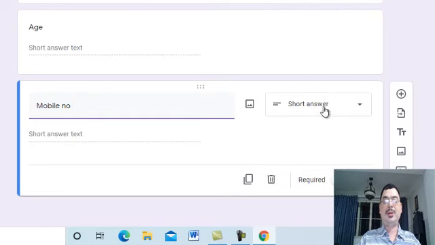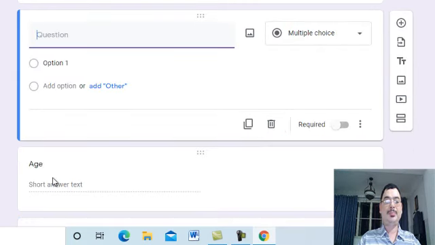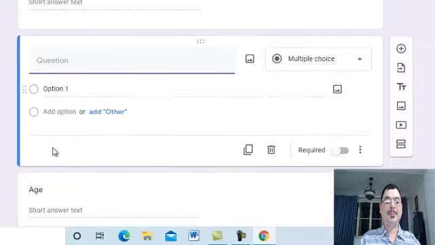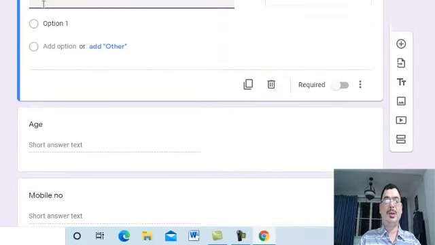If it is short answer, you can make it a short answer. In the drop down, you can see paragraph or whatever, it is a short answer again. So I click short answer and I go to the next question.